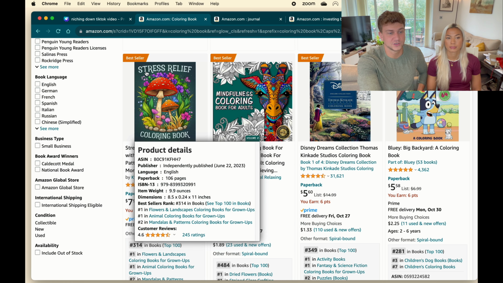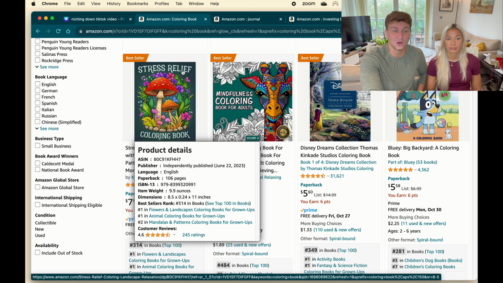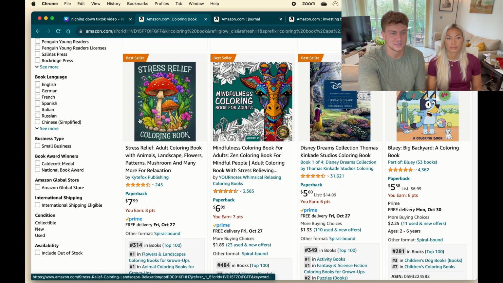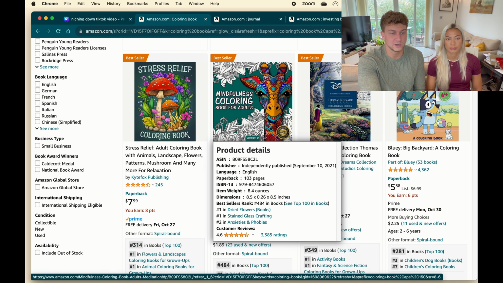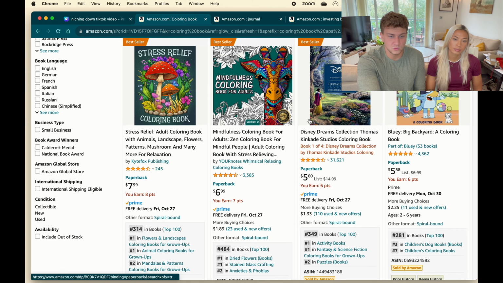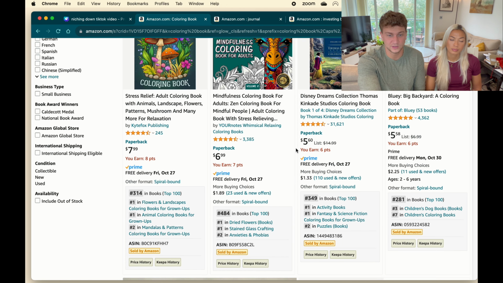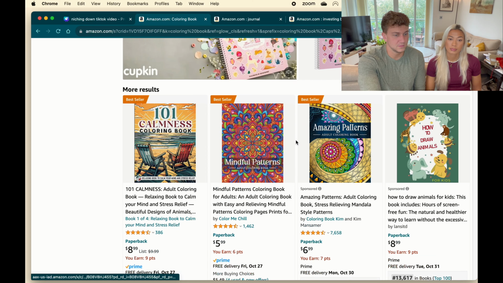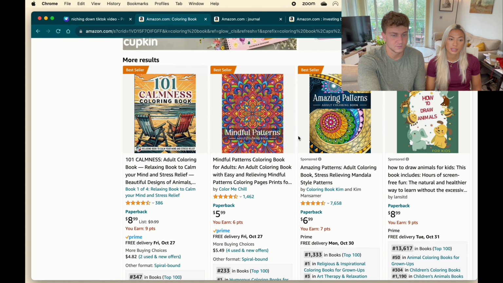And finally, stress relief. So I'm sure a lot of people who are looking for colouring books are probably thinking about it for stress relief. So that's, again, how they've niched down. This one, again, you can see mindfulness. So a nice kind of buzzword there that will appeal to many people. What have we got here? Disney dreams. Yeah, that's quite nice. And if we scroll down a little bit more. Calmness. And some mandala patterns as well. So yeah, basically quite nice examples of how you can niche down.